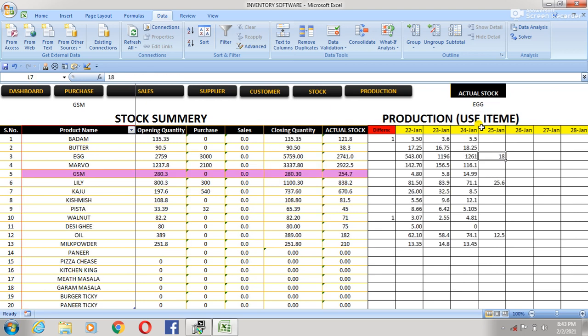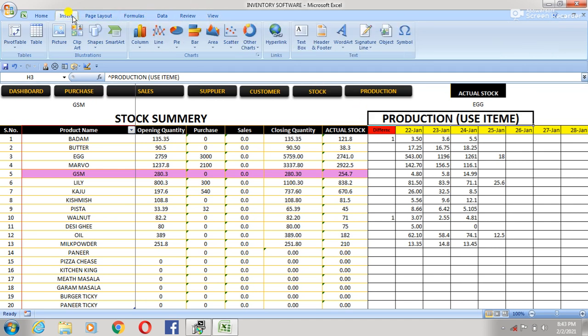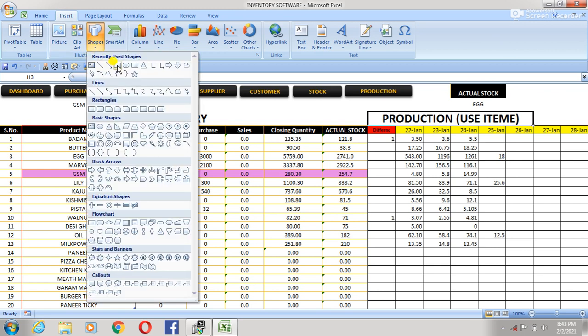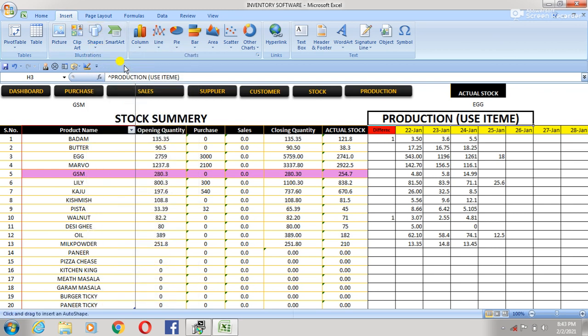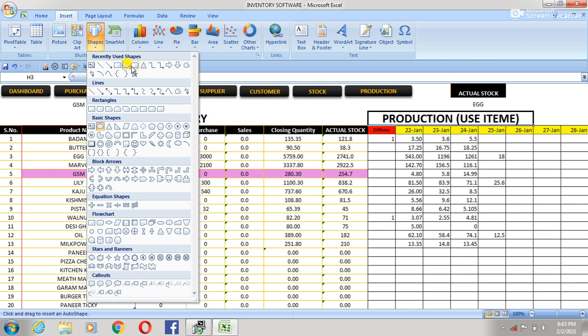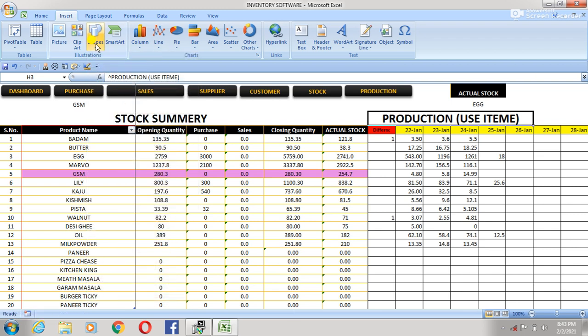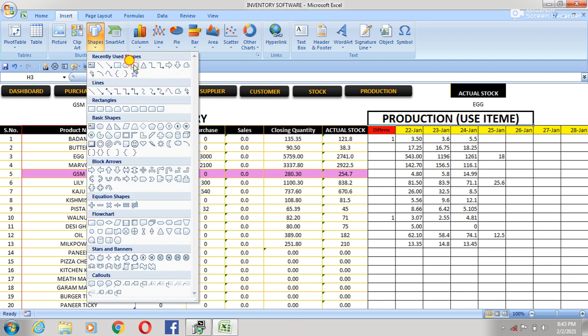So apply the advanced filter option. Firstly, to automatically generate the advanced filter, go to the Insert menu and Shape, and create a button to press, a shape like a button.